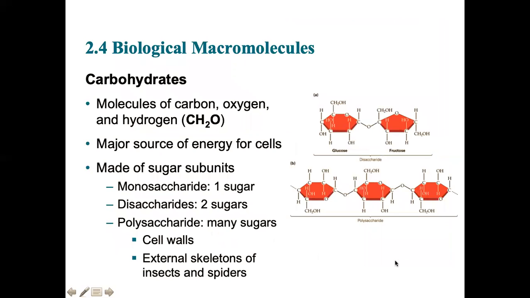Okay, so I've mentioned all of these things. Carbohydrates, the way we write carbohydrates is like, if you count the number of carbons and oxygens, they're equal. And then there's twice as many hydrogens to balance all that out. So it's like CH2O. And so, for example, glucose would be C6H12O6. I don't know that you really need to know that, but it might help you spot them, I guess.